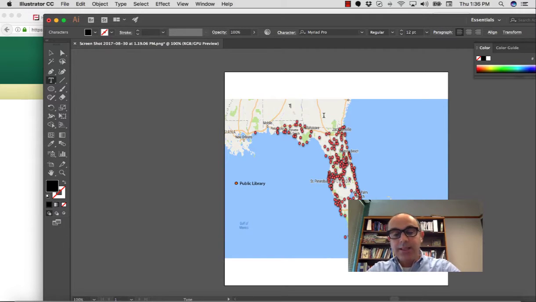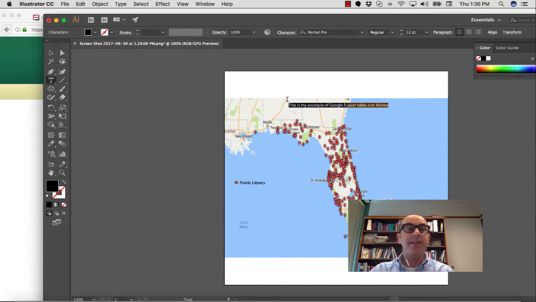Example text: this is my example of Google Fusion table and Adobe Illustrator. So I have a more precise way to add things that are important to make my visual more transparent, more